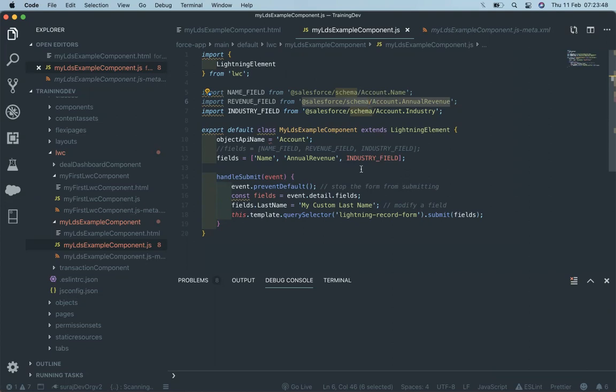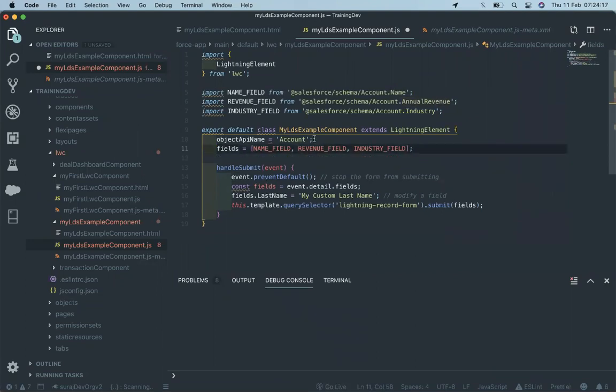If I put annual revenue or any custom field name up here and then go to the database and change the custom field name, it will not throw an error. To make it more dynamic and more efficient, we just use the schema. If we use the schema, we have to make changes at one place, and at every place the changes will get reflected. This is the way things are working.